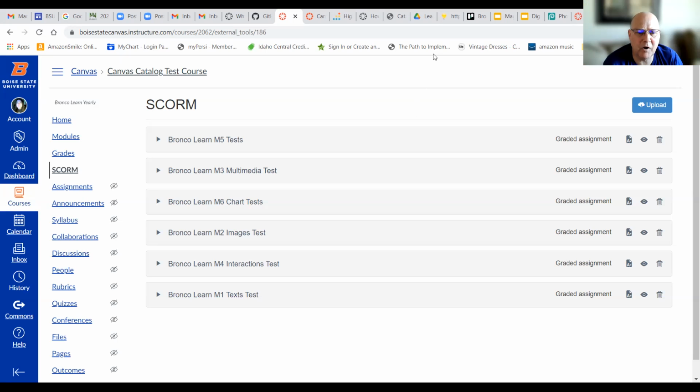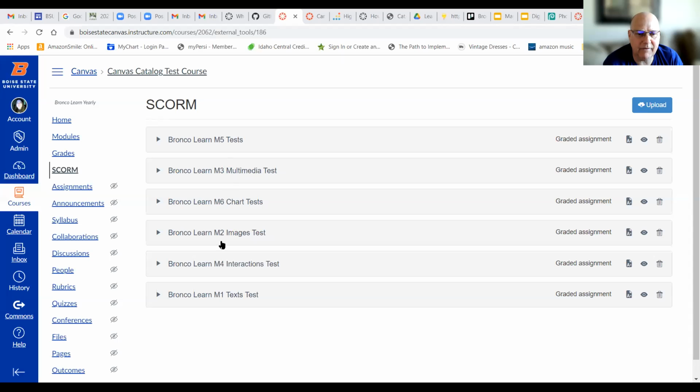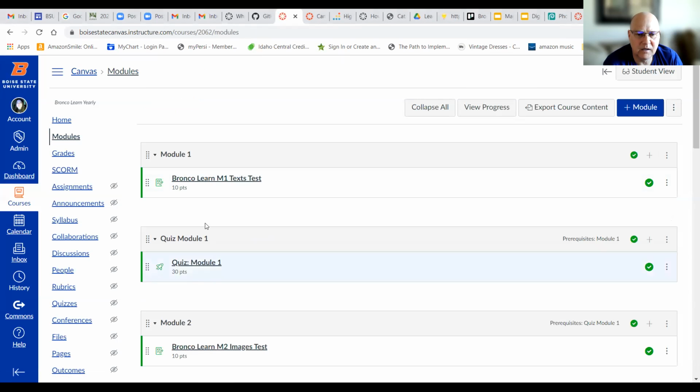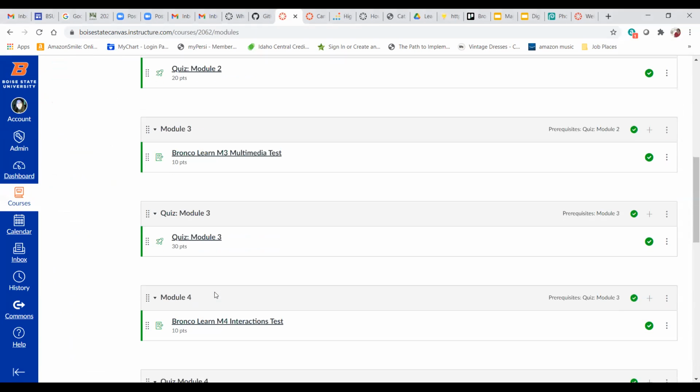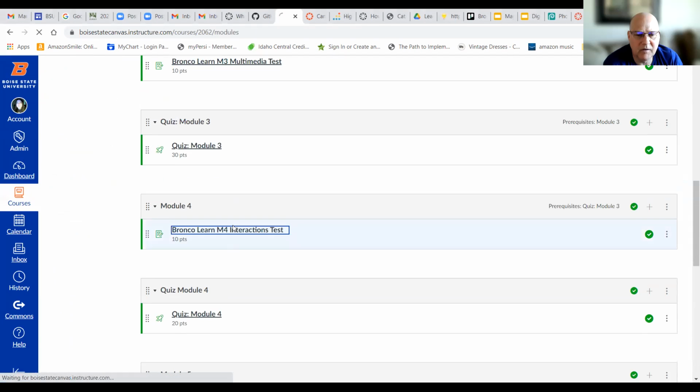Can you go to that Bronco Learn 1.5 test you were just showing? Because I think when you showed your page earlier, it didn't have the full navigation on the page. It could be any one of the pages.